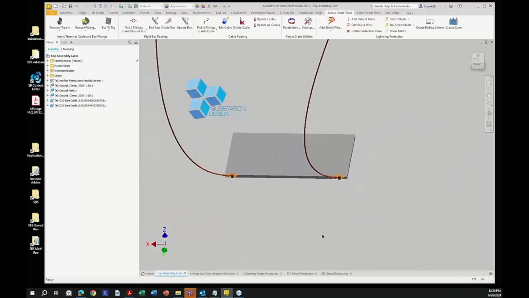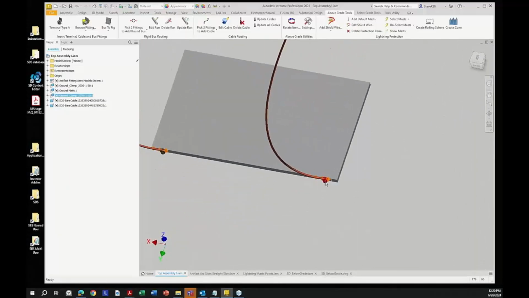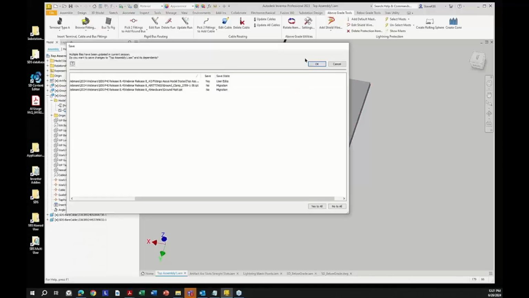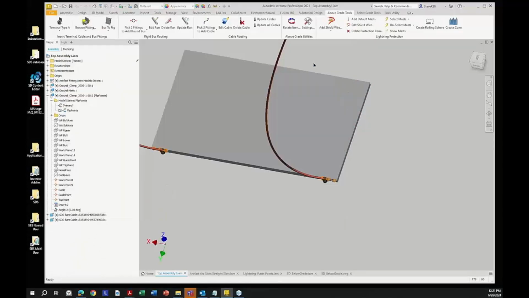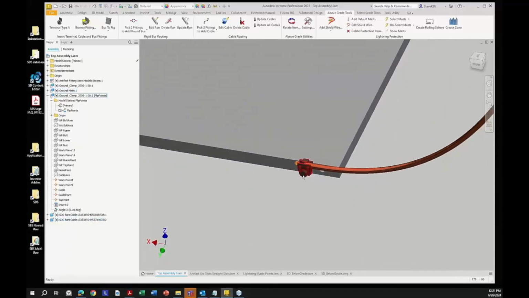Now, we may not like that orientation of that cable on this one here. So I'm going to find this fitting. I'm going to come in here. I'm going to look at what I have for model states. And lo and behold, I got flip points. I got a flip points model state. I'm going to flip those points, save it, save and save often. Now I'm going to update my cable. And there we go. So now what I'm doing here is I have a single fitting with the named work